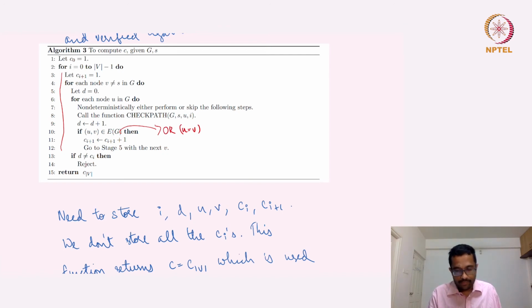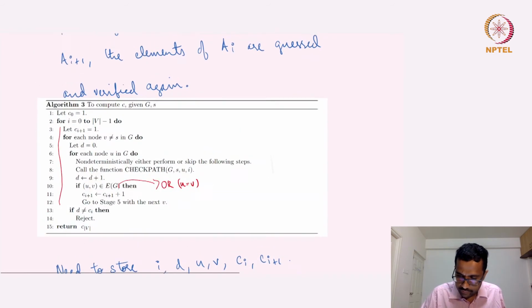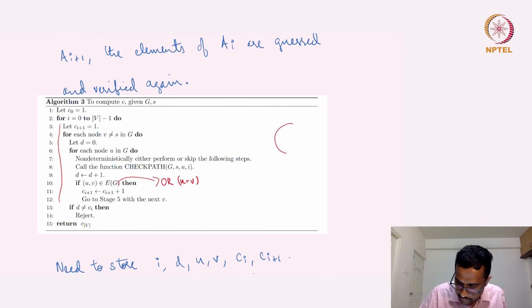So in this loop starting from line 2, what we are doing is that with the assumption that we have Ci, using that and assuming that it is correct, we are estimating Ci plus 1. So if we correctly identify the set Ai, let's say this is Ai, then we know exactly what are the vertices that are reachable in one more step from Ai, so we can correctly estimate